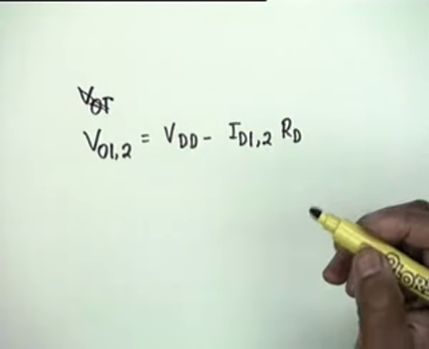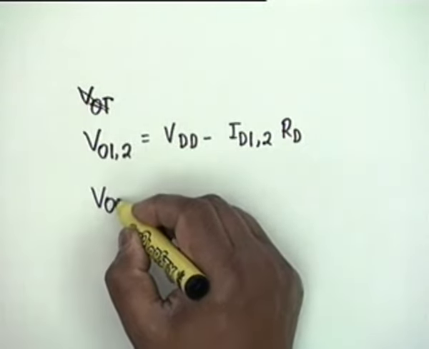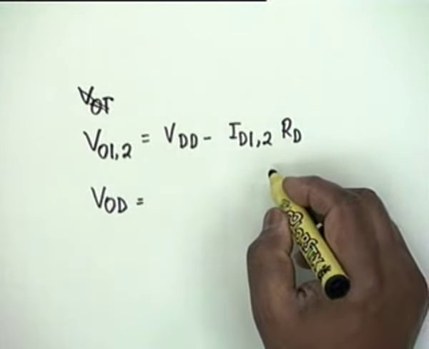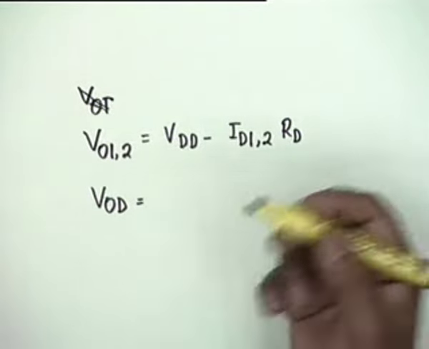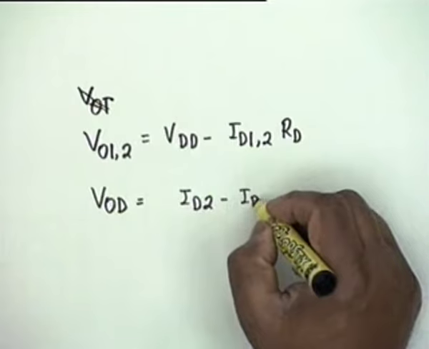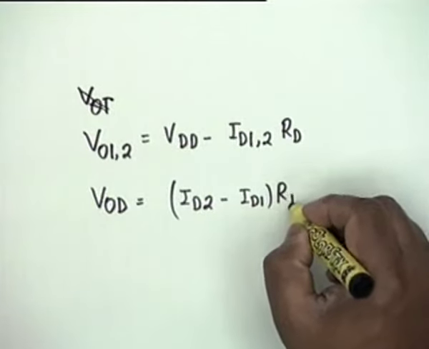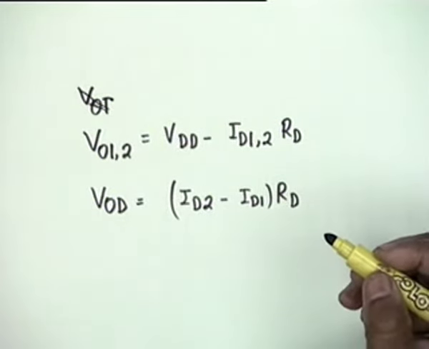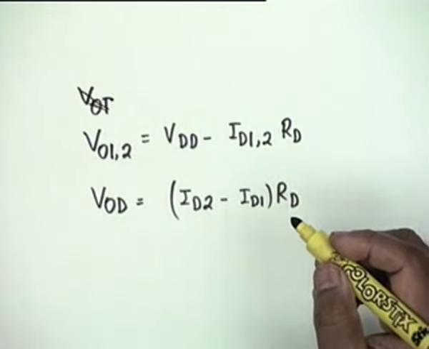Okay, I was waiting for that. So my VOD is equal to VO1 minus VO2, which would be ID2 minus ID1 times RD. And it turns out that a plot of